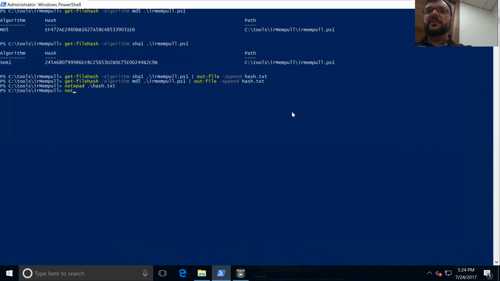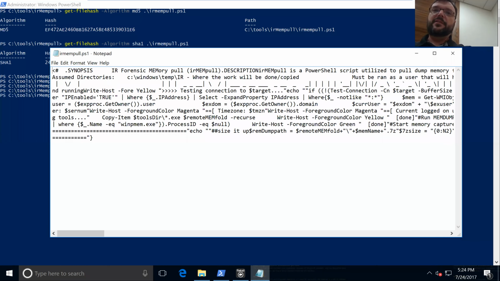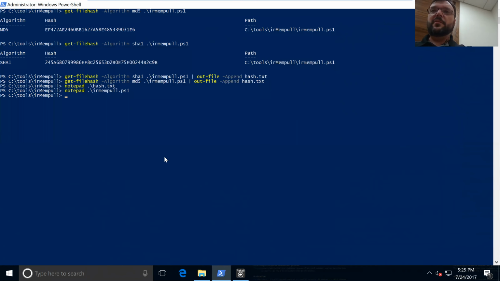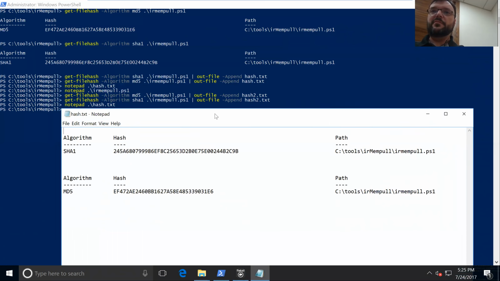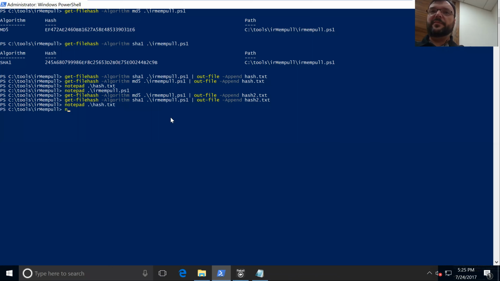And then if somebody goes in and they do this, when they save it, now when I do notepad of hash 1 and notepad of hash 2,